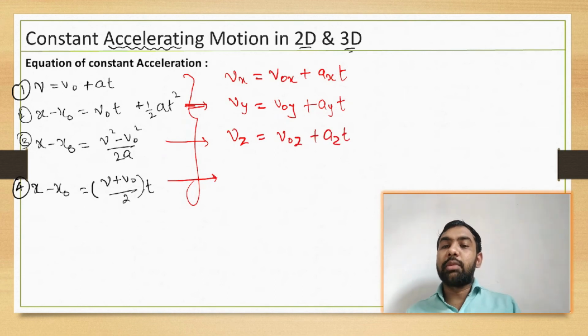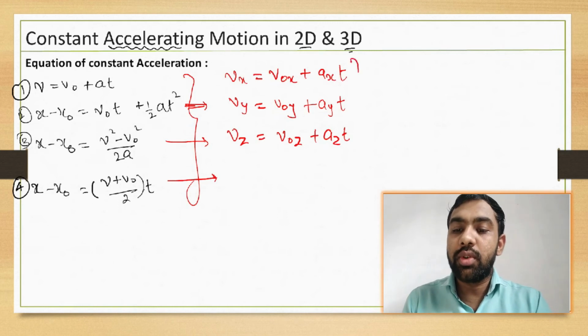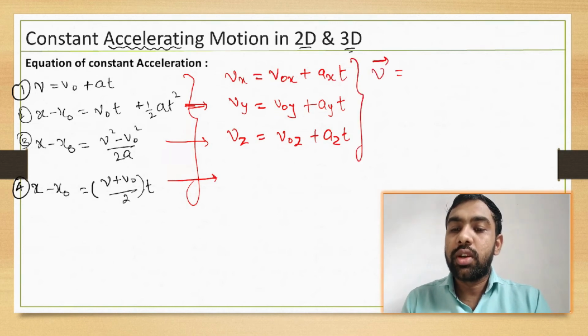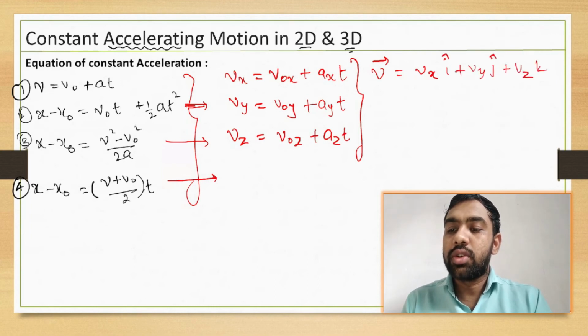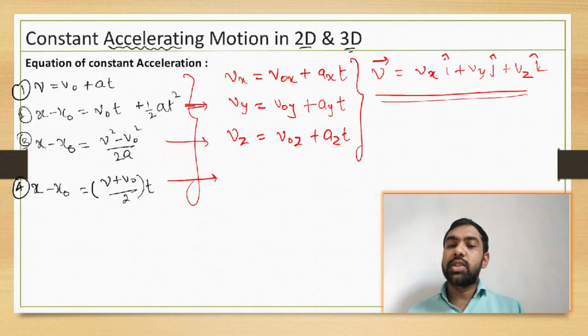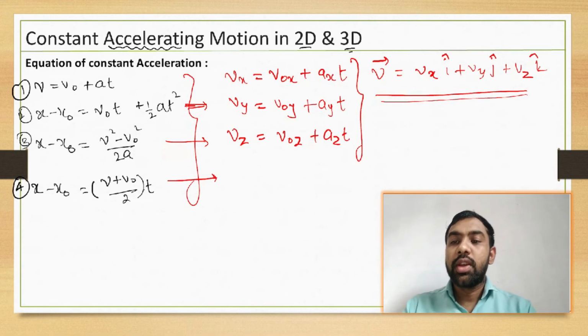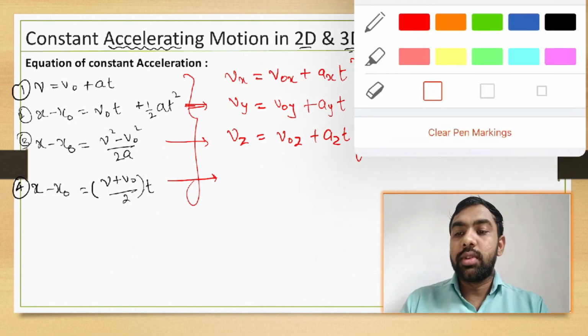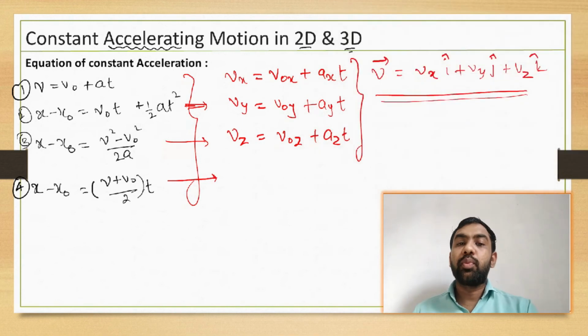मतलब कि आप पहले ऐसे सेपरेट फाइंड कर लो, उसके बाद v चाहिए आपको, then v is equal to what? Vx i plus Vy j plus Vz k, की आप ऐसे v फाइंड कर सकते हो. ठीक है, मतलब कि कोई भी इक्वेशन आपको दिया, ऐसे Vx, Vy, Vz सेपरेट फाइंड करो, उसका ऐसे वैल्यू रख दो. ठीक है, सिमिलरली आपको सपोज एक्सेलरेशन का लिखना है, तो इसमें एक्सेलरेशन फाइंड करना है,